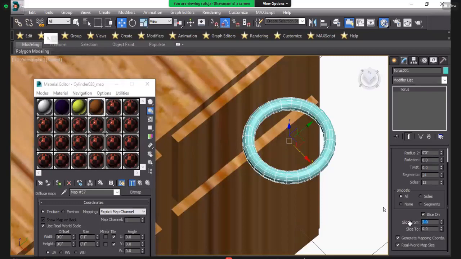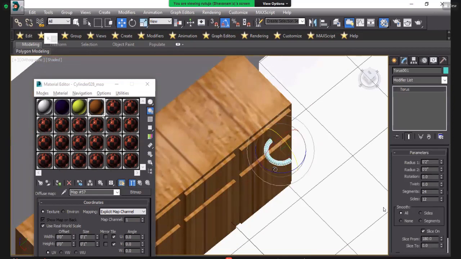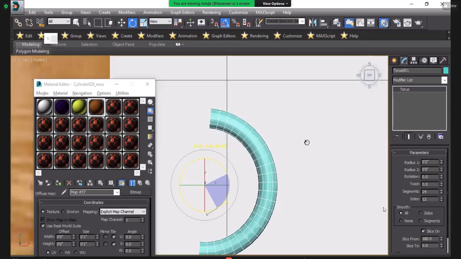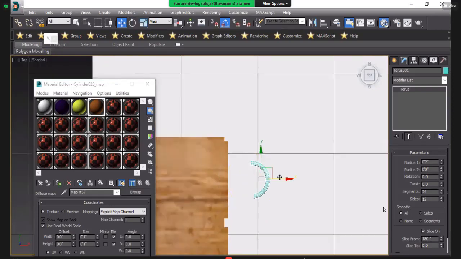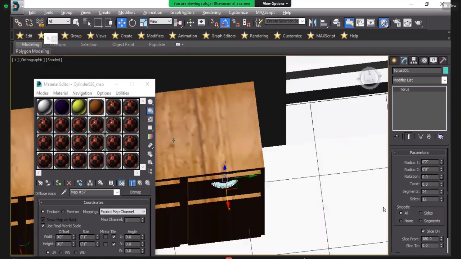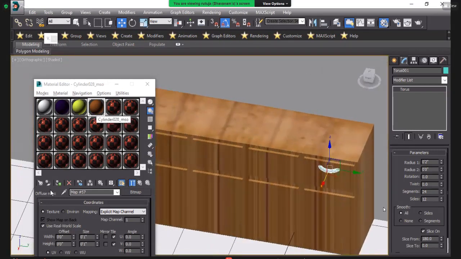Make slice on and type here 180 degree. And you will see in there your torus will be changed. Just simply go in 90 degree and place it here like that. So you will use it like handle and just simply change this texture and apply the texture here.